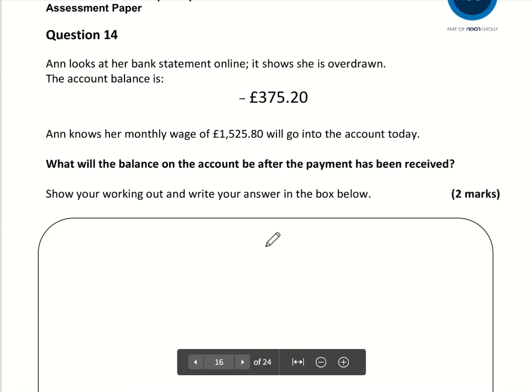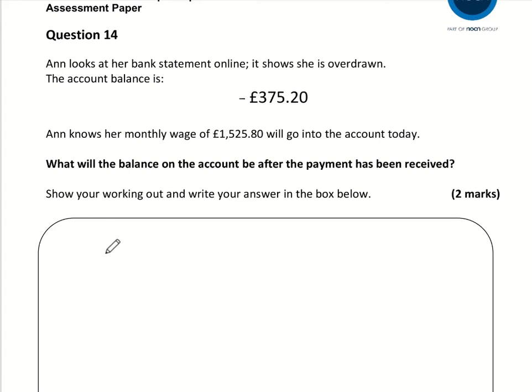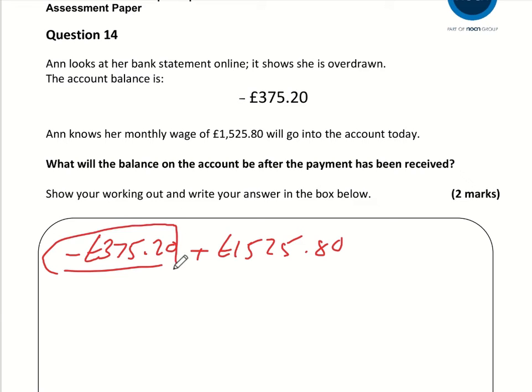Question number 14. So the balance to begin with is minus £375.20, and to that balance we are adding 1525.80. So you can literally type minus 375.2 plus 1525.8, but what we can do is just simply move all of this to the other side of the other amount, and it's exactly the same calculation as